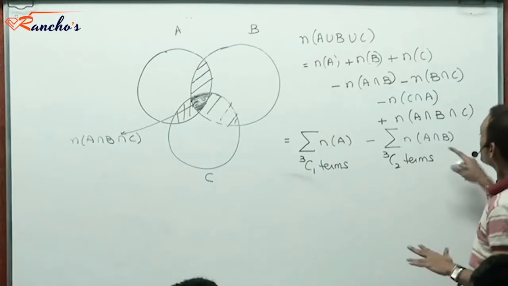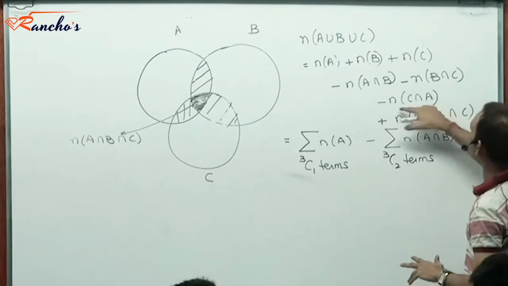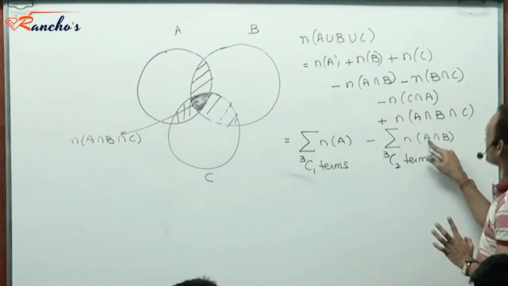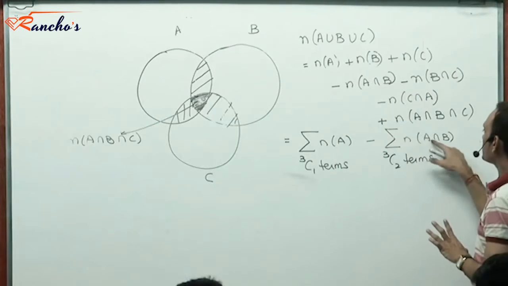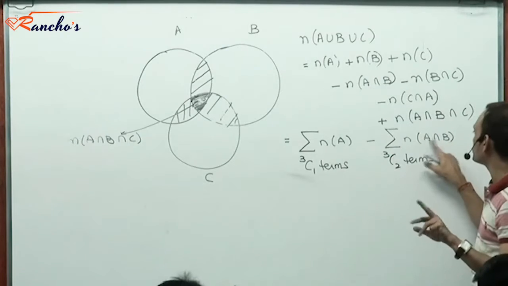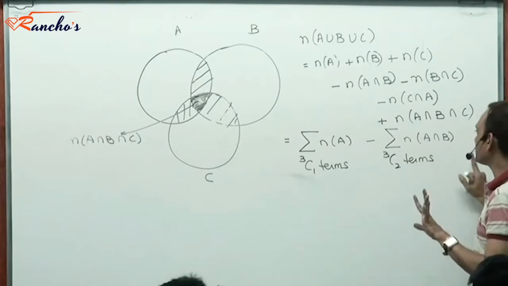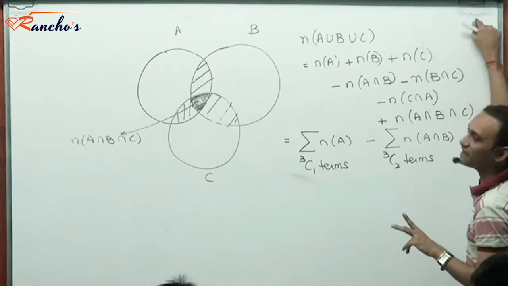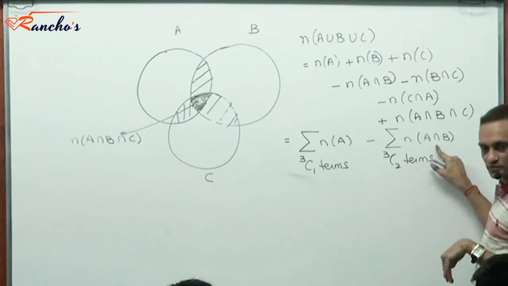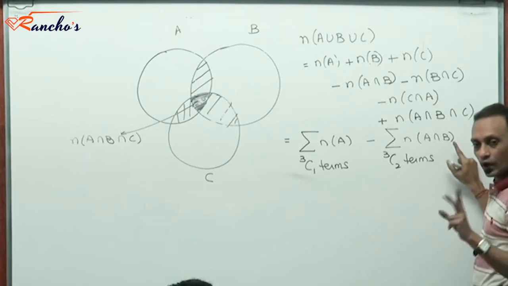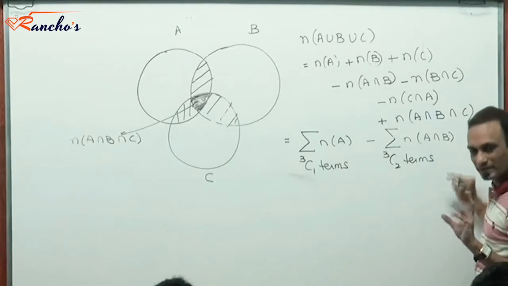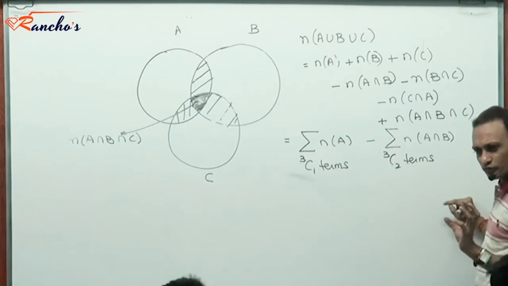Are you confused? See, first of all, do you understand that these 3 terms are consolidated as one single summation of this kind? That means this tells you that I have included A and B, B and C, C and A. All pairs have been included. So now, if you have 3 sets A, B and C, how many pairs are there? 3C2, isn't it? So there will be 3C2 terms in this summation. Out of 3 sets, you take 2 at a time.